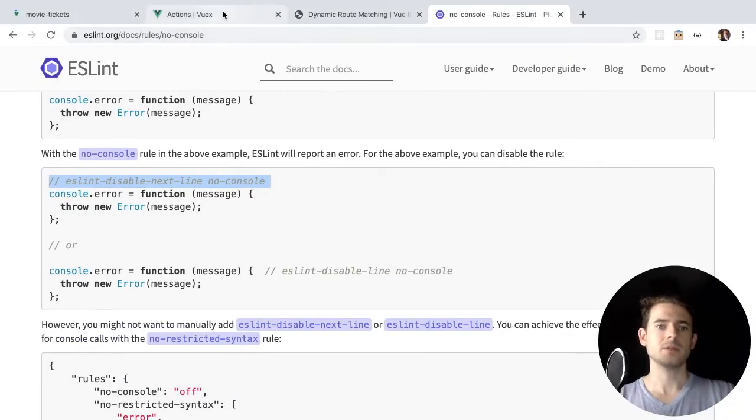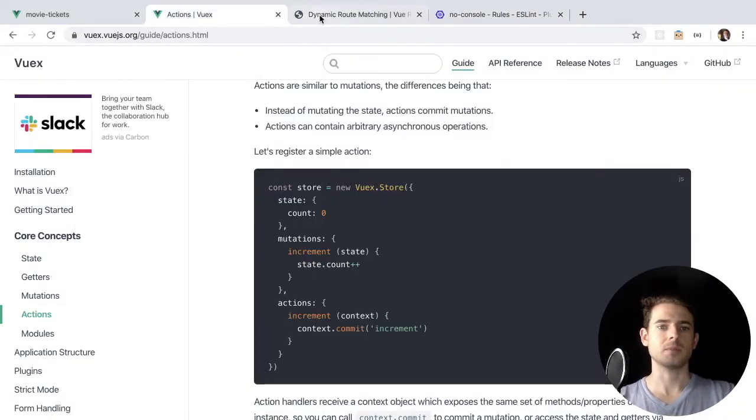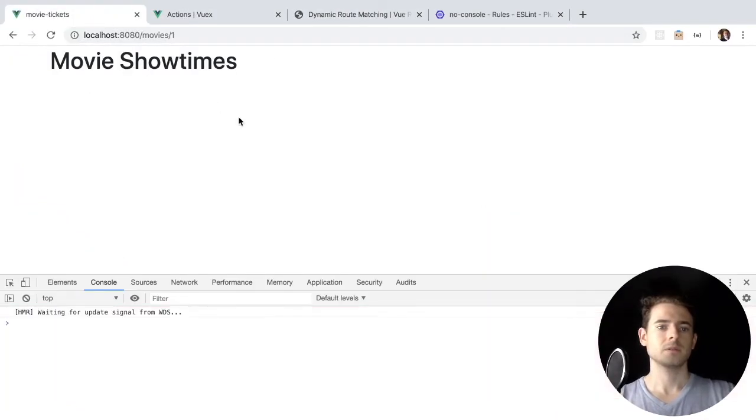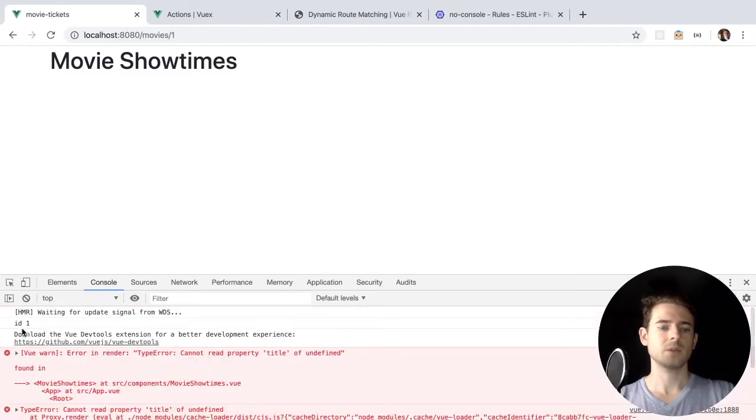That's all. I don't know why you disable console logs. Yeah, you shouldn't have them in production, but all right. So ID was 1,